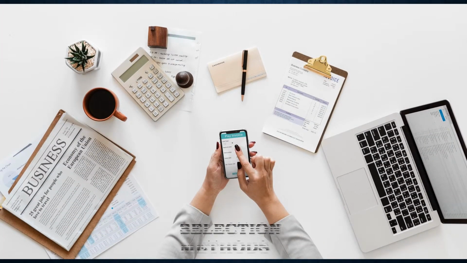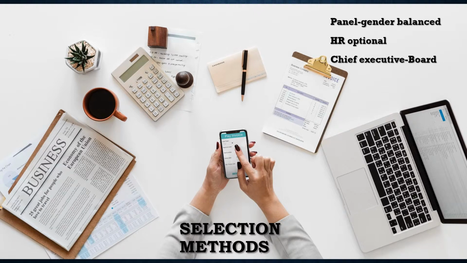Interviews will be held by a panel comprising ideally 3 persons, but a minimum of 2 persons, gender balance wherever possible. The interviewers will encourage candidates to be at ease during the interview in order that they can give a fair and accurate impression of themselves. Optionally, a human resource person can be present for interviews. The selection and the appointment of the chief executive will be made by the members of the board, and the panel will be chaired by the board chairman.